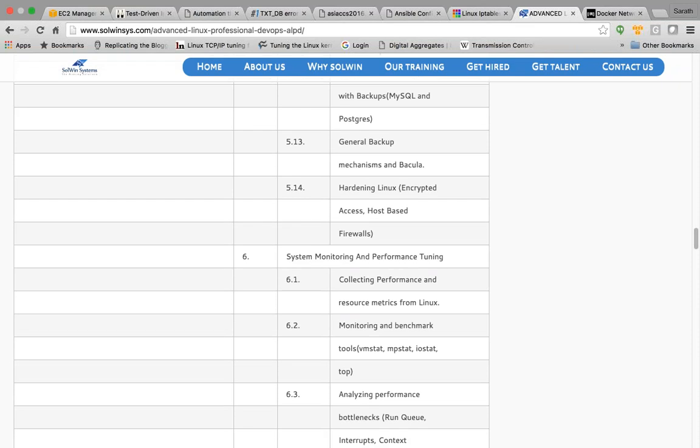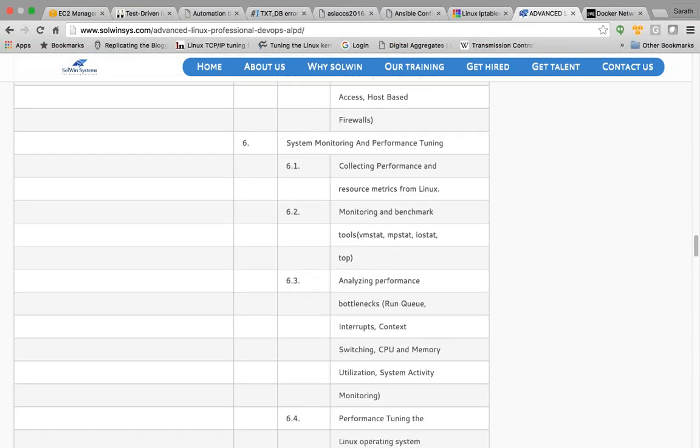Then we will learn about performance tuning and monitoring. This is one of the sections where I have seen a lot of administrators or a lot of really good DevOps engineers also struggle quite a lot in finding out what the server is actually doing right now.